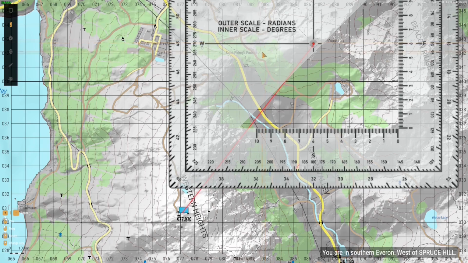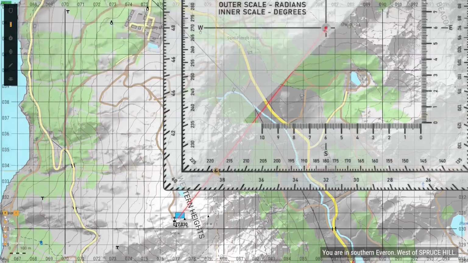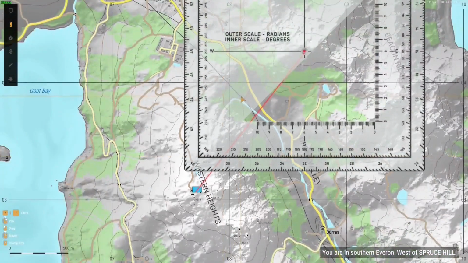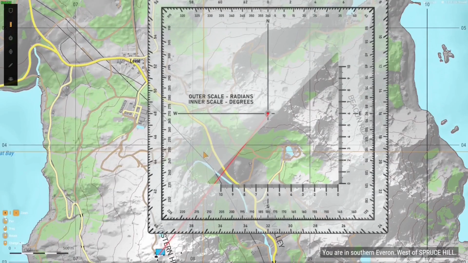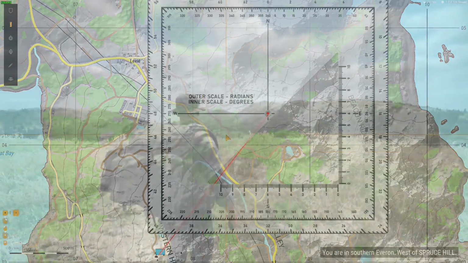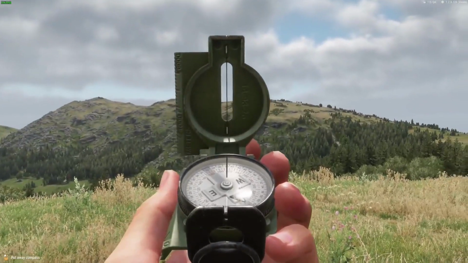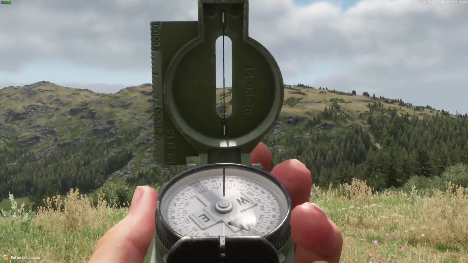The inner scale shows bearing, while the outer scale shows radians. Your bearing now becomes a heading, or direction of travel. For a back azimuth, or reverse azimuth, simply read the opposite end where the line intersects with the bearing at the other end. With the azimuth in hand, use your compass in-game to orient yourself and begin moving in that